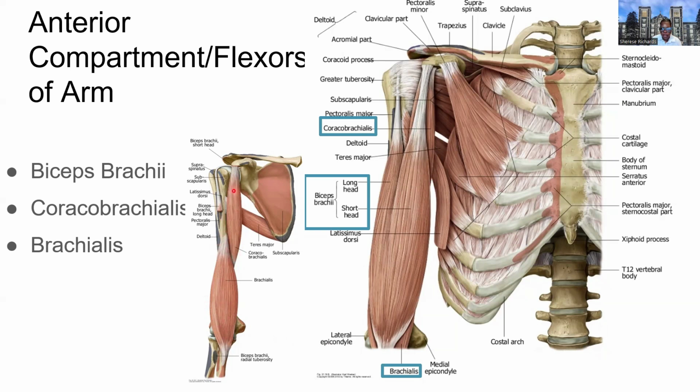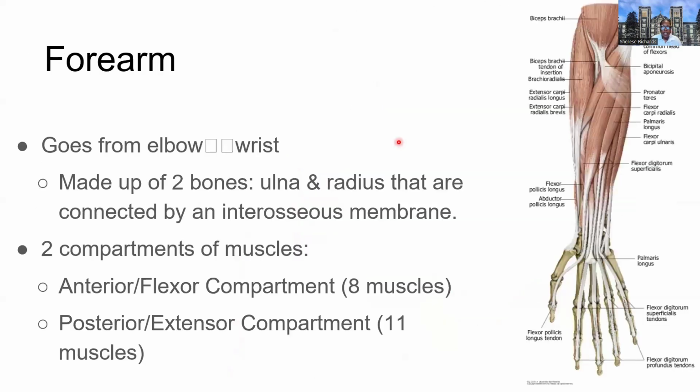All three of these muscles are going to help to flex at the elbow joint. And here's a much better view of that coracobrachialis once we take off the short head of the biceps. And then notice the tendon of the long head here. So notice how it goes all the way into the glenoid cavity, into the shoulder joint. Hence, the head of this, the tendon that is much longer, which is why it's the long head of the biceps. Let's move down into